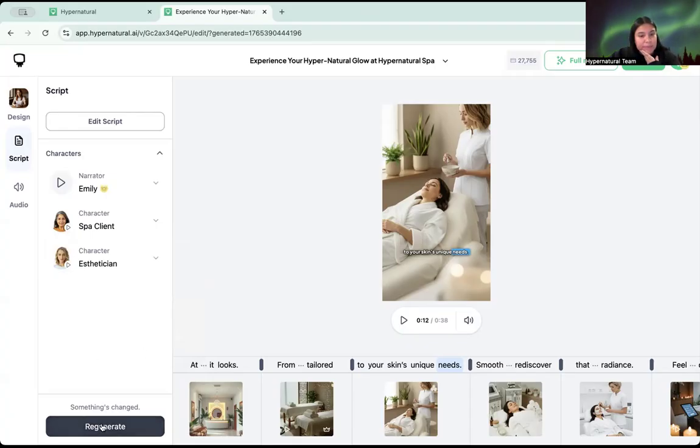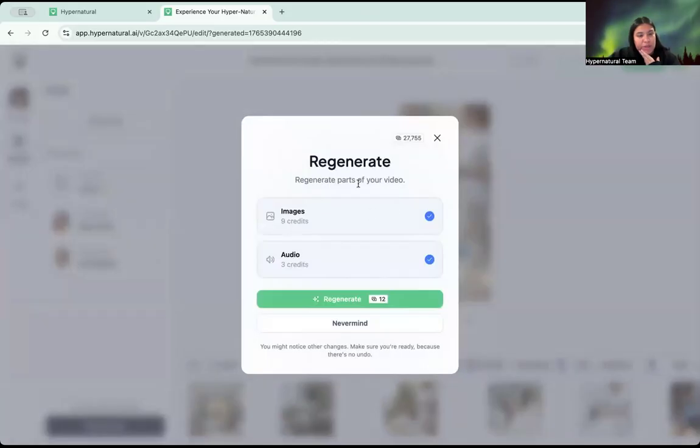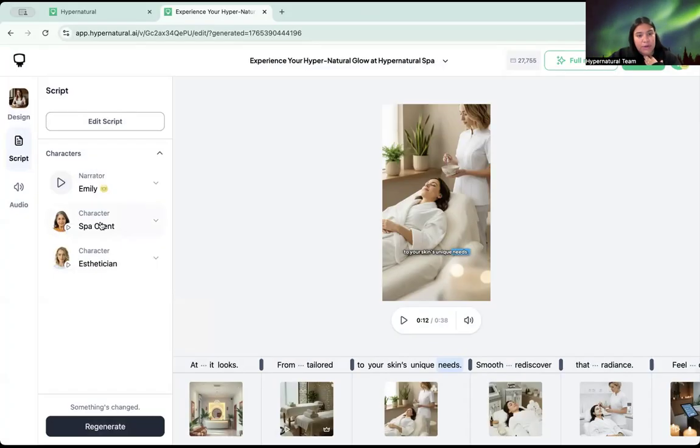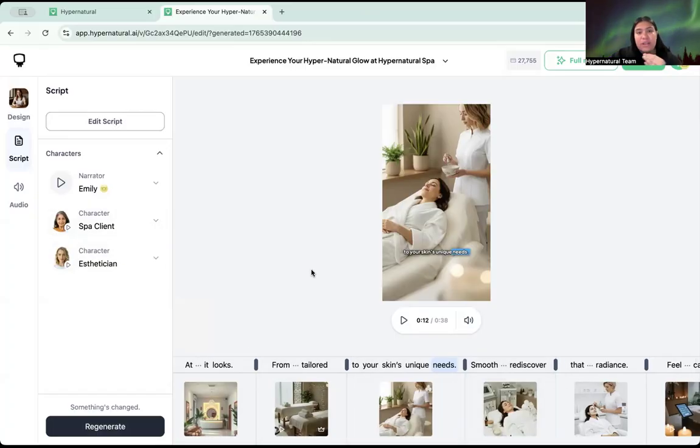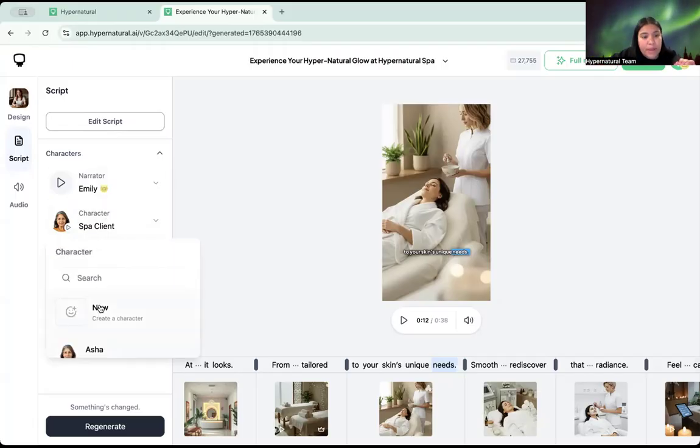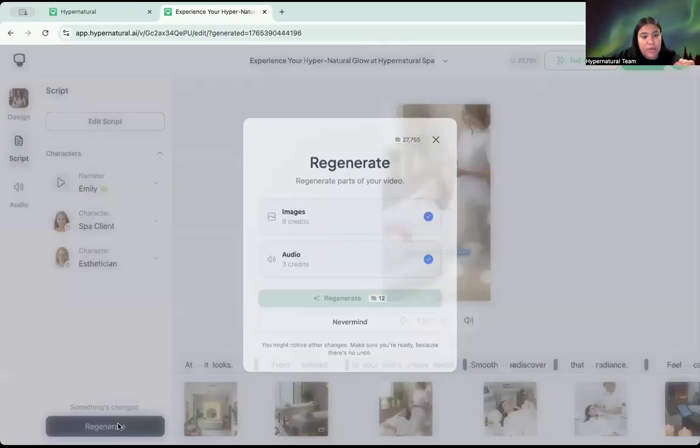Now, the thing to call out here about regenerating when you've selected a new character. If you're selecting a new character and that character has lines in your video, meaning they are speaking in this video, then you're going to want to regenerate the images and the audio for that video, right? More likely than not, that character is going to have a different voice, so you're going to need to regenerate both. In this situation, I only have a narrator. I don't have any dialogue lines, so I'm going to select Asha and then I'm going to regenerate,